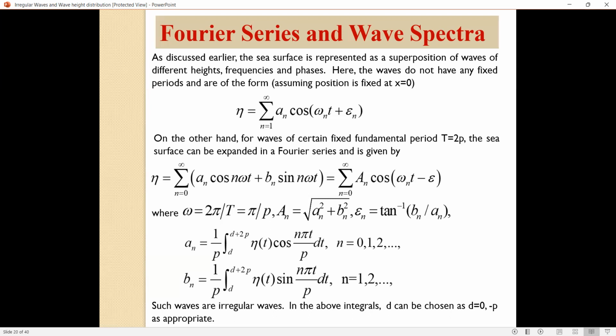Then you have a_n squared plus b_n squared, epsilon, all these things are there. Either you take the first form or the second form, it is altogether a Fourier series. If I have a Fourier series, what are the Fourier coefficients? These a_n and b_n are obtained. I go back to the upper one, but for an engineer, he is interested in knowing what the amplitude is. I give him the a_n, but it is nothing but the Fourier coefficient for mathematics.